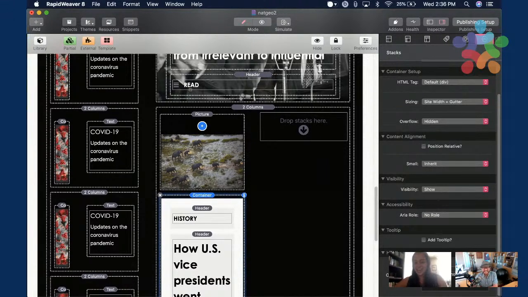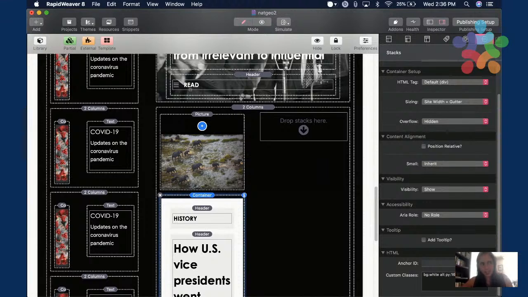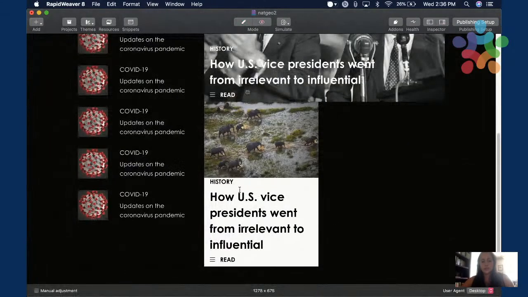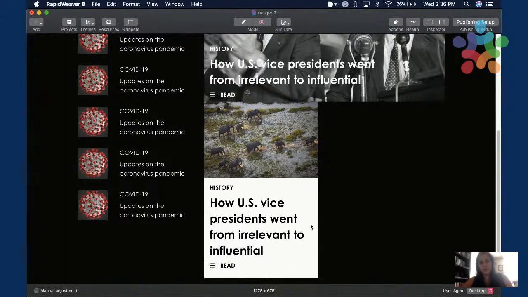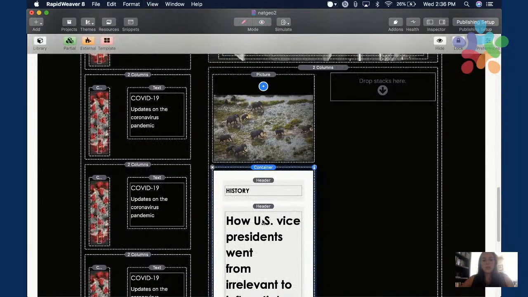I'm going to use PY, which is padding Y. So you can have padding top or PT, padding left, PL. PY is padding top and bottom. PX would be padding left and right. So I'm using PY colon 16, to give a little space in between.